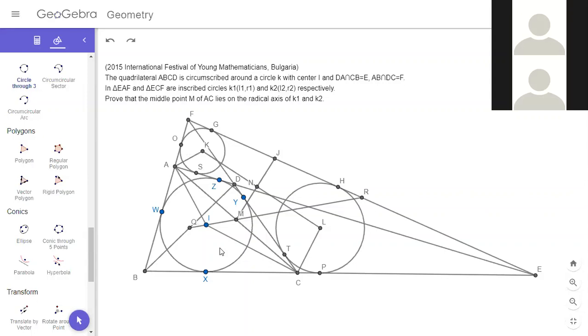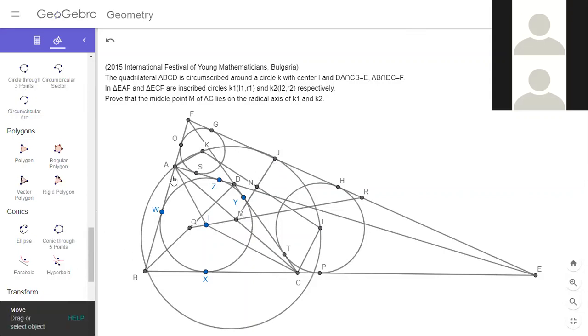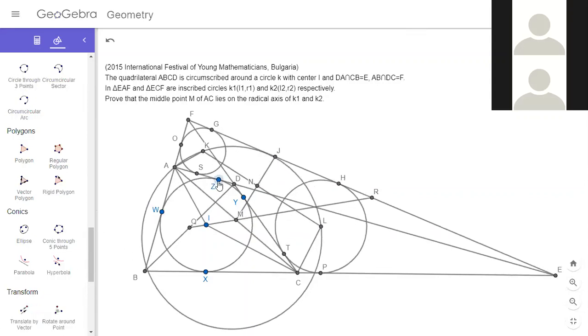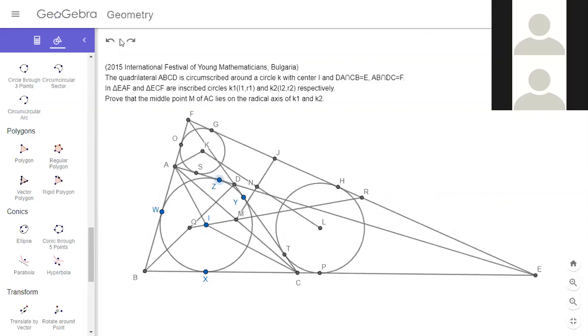Does this make KALC cyclic? KALC. Let's see. No. I don't think that actually passes through J. I think that just looks like it, right? Yeah. But yeah, I think it's worth using that these are right angles. Like I feel like M is the midpoint. So there's some kind of homothety we could do. Like what if we